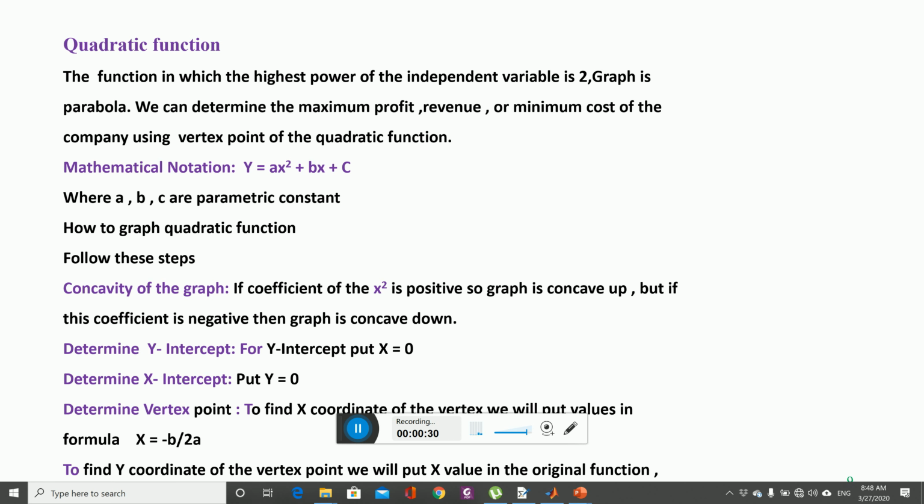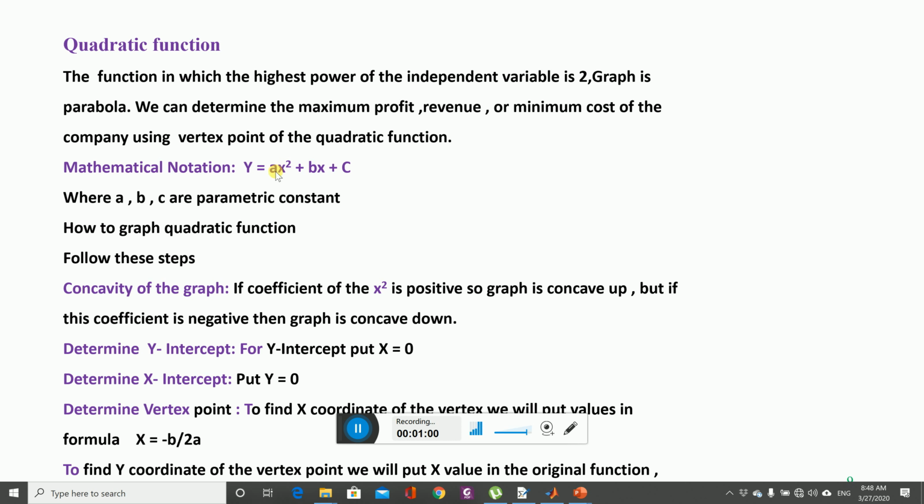the company. The standard form of the quadratic function is, in mathematical notation: y is equal to ax square plus bx plus c. Here y is the dependent variable, x is the independent variable of the function, and a, b and c are any parametric constants. A, b and c can assume any value, but with this condition that a cannot be